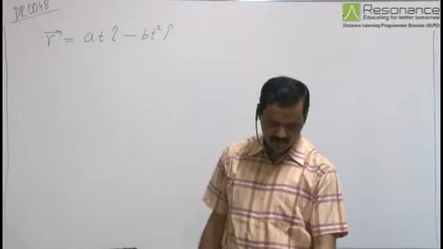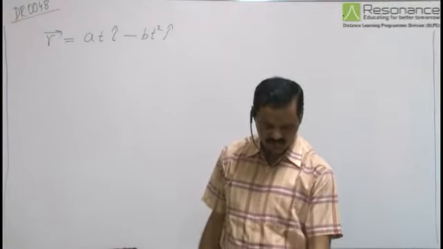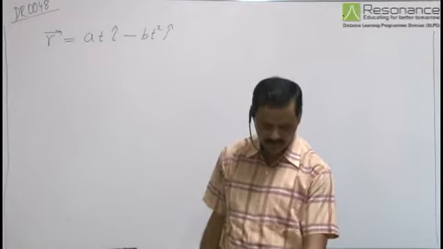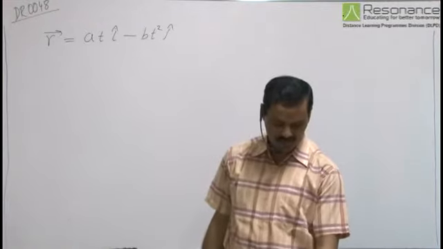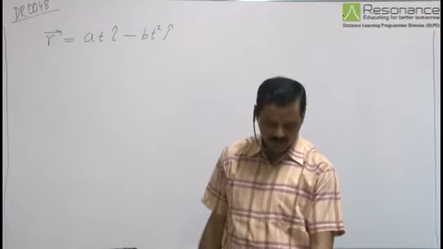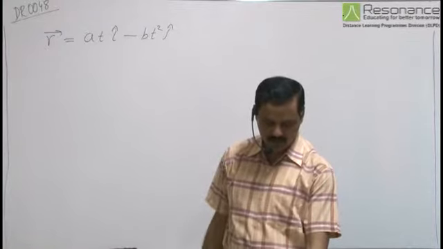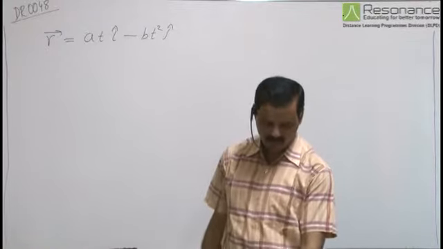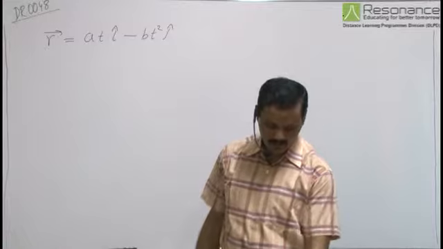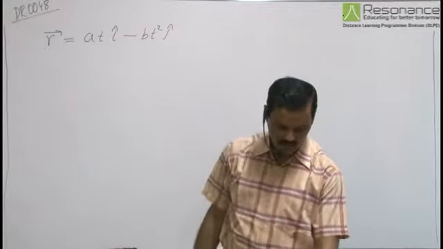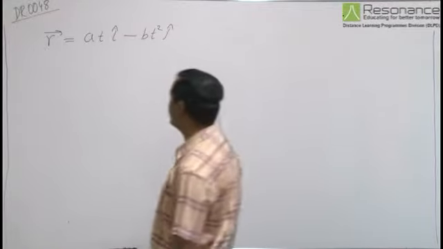Now we have to find the equation of the point's trajectory, y as a function of x, and we need to plot this function. We also need to find the time dependence of velocity v and acceleration a vectors as well as the moduli of these quantities. These we need to find.